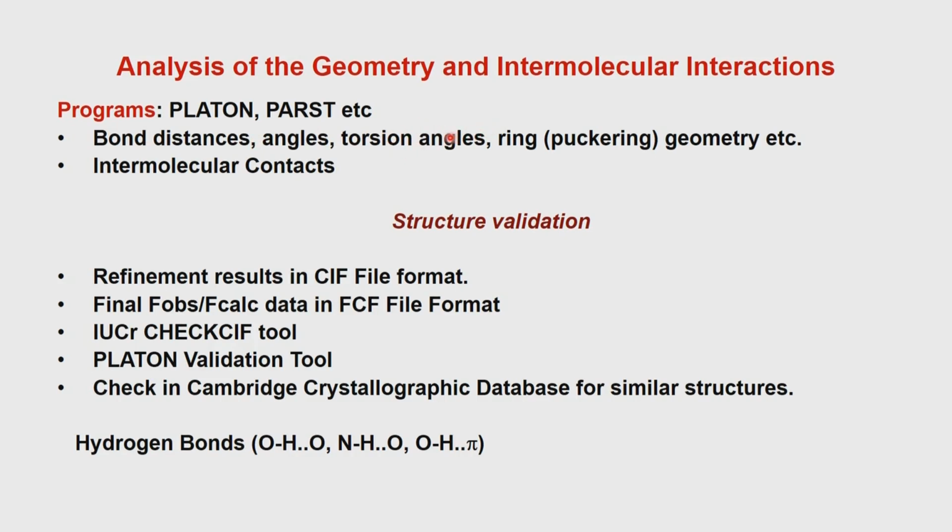We can also calculate, because of the fact that we have not just one molecule but more than one molecule in the unit cell, we can now construct the rest of the molecules in the unit cell. So, what we have determined by the structure determination is only the asymmetric unit atoms. So, we can now take the asymmetric unit atoms, use the symmetry information which we have in terms of both space groups and symmetry, and then we can calculate the contacts between molecules. This now refers to the interatomic contacts.